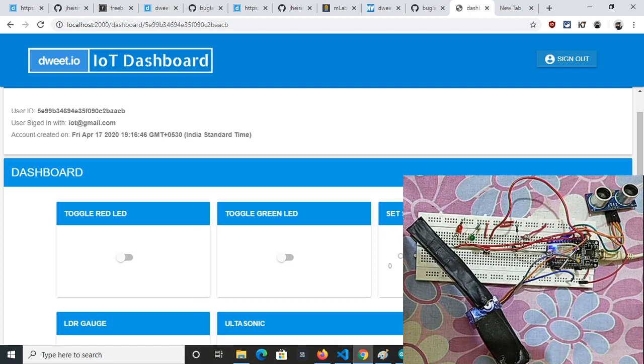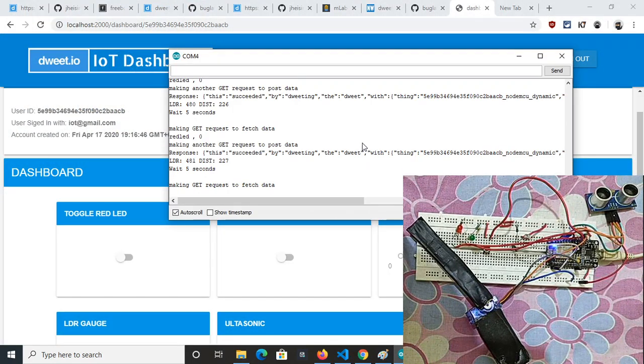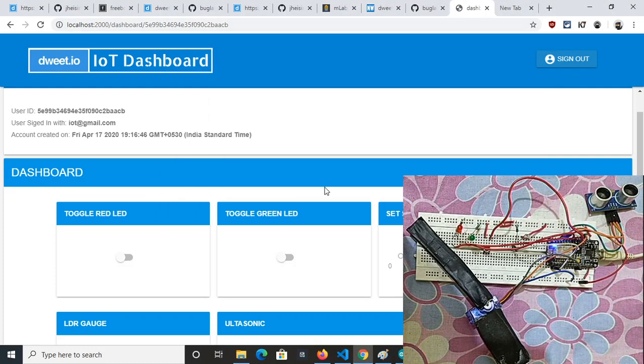I have uploaded the Arduino sketch to our NodeMCU, and as you can see in the serial monitor, we are making a GET request, and I have already sent red LED as 0 before. Let me control our IoT setup through this dashboard.